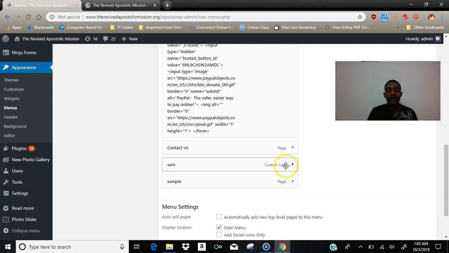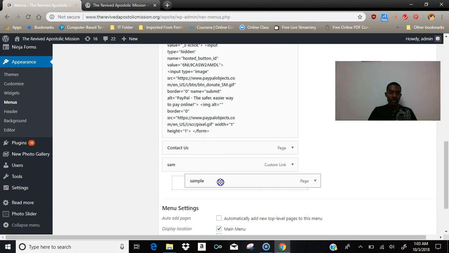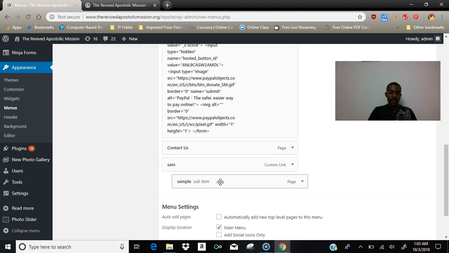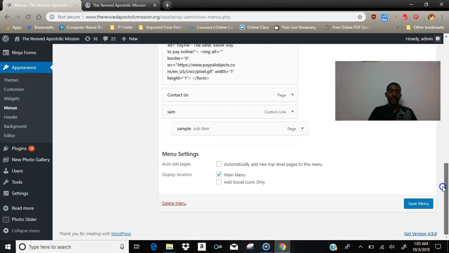So this is a custom link. I'm going to make this sample page a drop down menu. So I hold and I move, and then we have it as a sub menu. So by the time I save this, I'm going to save it